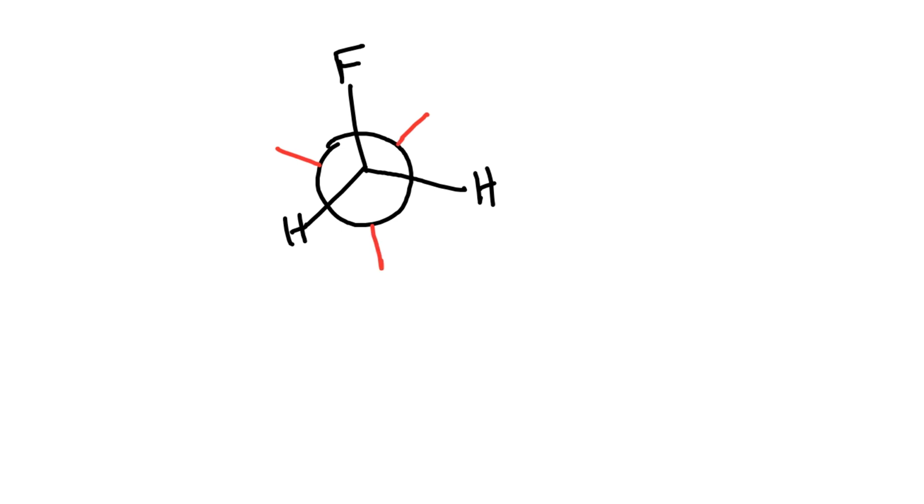Okay, so let me do it in another way. Fluorine, hydrogen, hydrogen, and in the back carbon we have fluorine, hydrogen, hydrogen. So this is the Gauche form. Now if you look carefully, if we focus on the CF bond, this CF bond, we have this